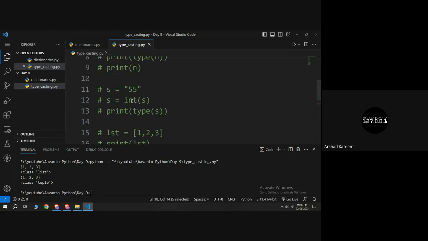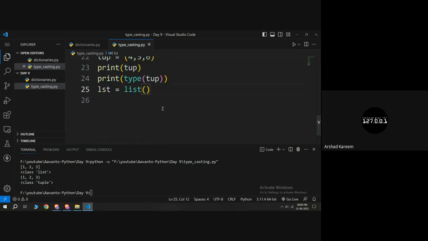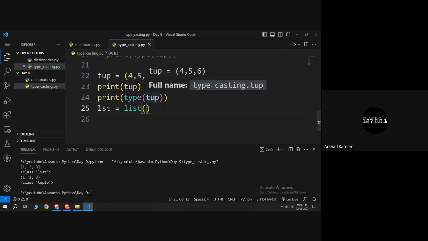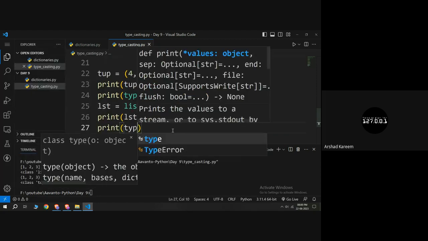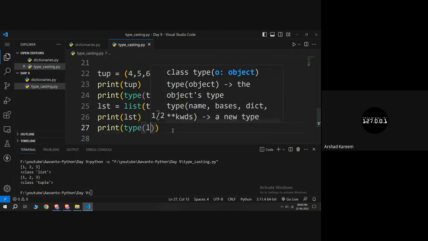So if I want to convert anything into a list, I will use the list function. Similarly, if I want to convert anything into a tuple, I will use the tuple function. If I want to convert anything into an integer, I will use the int function. You don't have to remember this. Of course, if I want to convert something into a list, I am going to use the list function. That's it. And if I say list of tup, tup is my tuple, right? Now if I print LST, and along with that print type of LST, and run